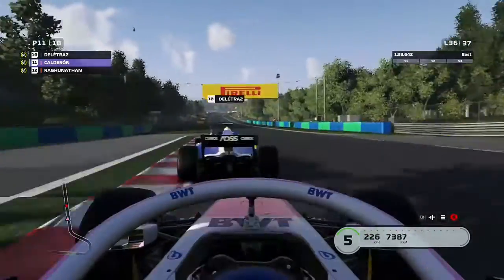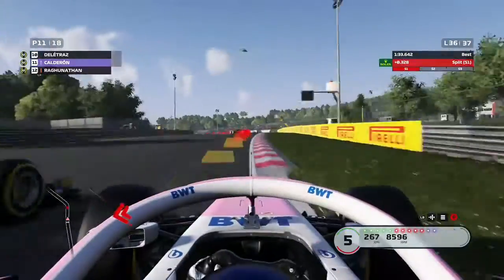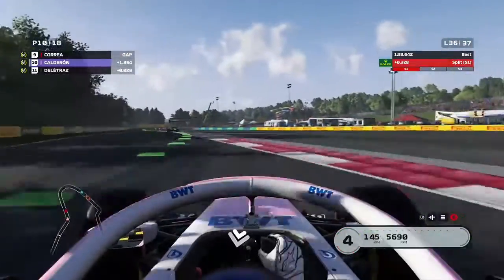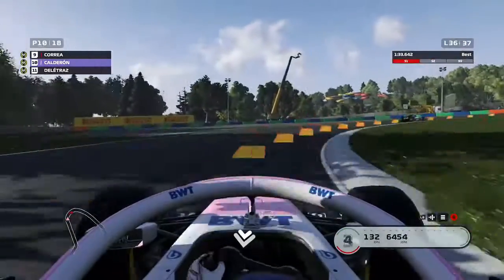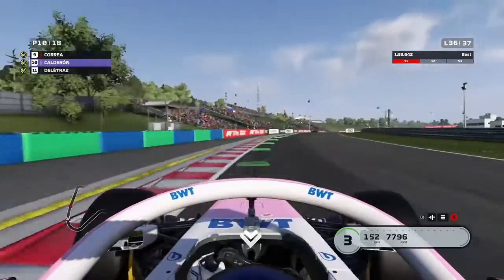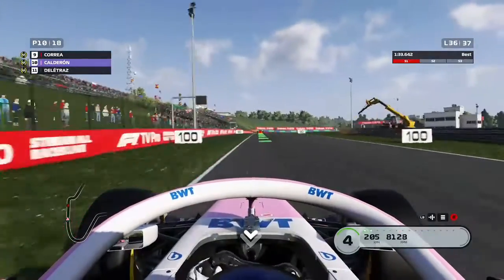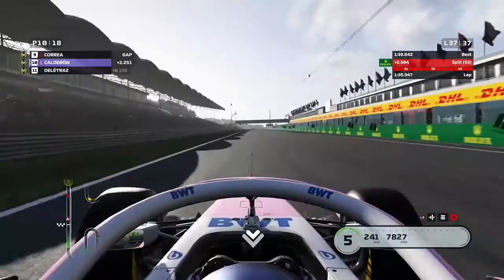But anyway, somehow Delatraz got back ahead. I'm not sure where that happened, but we go around the outside of turn 4, and we retake 10th position in this race, and we are now back into the points. So apologies for missing that out, but somehow we lost that spot. This is your final